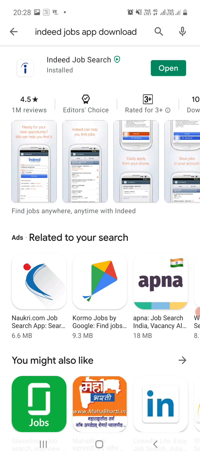At the same time you will get notifications also, so that updates will be there regarding that job. Now the app is installed here.